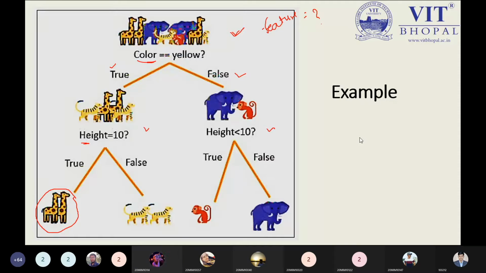Yes, sir. So what is the big question we have? How to select the best feature, the best attribute, to split your data set into different parts. That is the big question we have. From this question, we have to understand today's class. That is the point, and that's why I have taken this part for revision purposes.